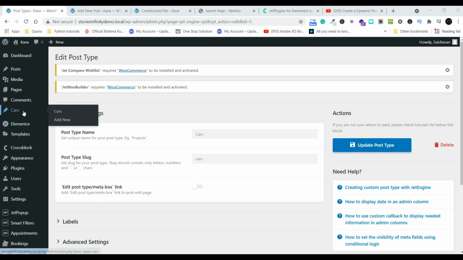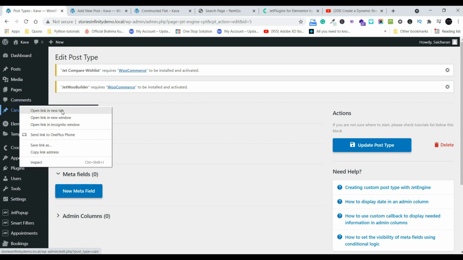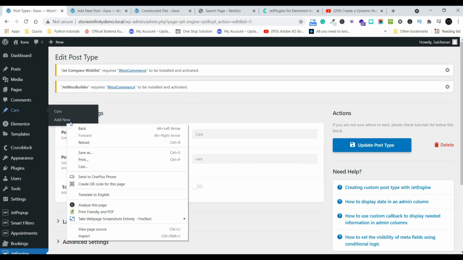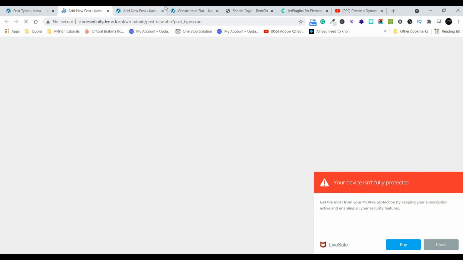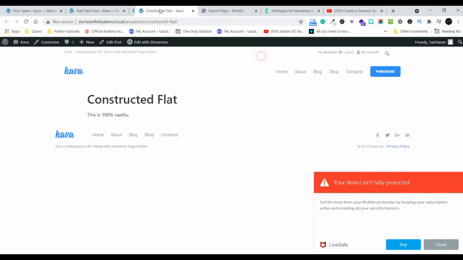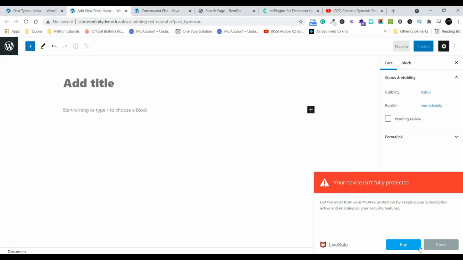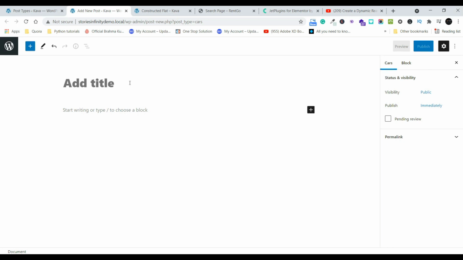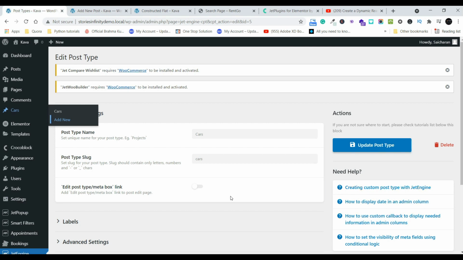When you go and create a new post now, here you can see there is only a title and an editing section. Other than this, there are no images of the cars, no fields for uploading your images, anything. So how do we add those fields? Those fields are called meta fields. To have a featured image for the post, go here and click on advanced settings.